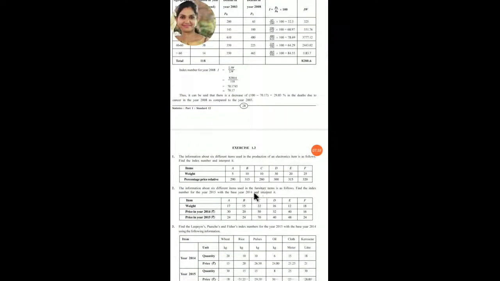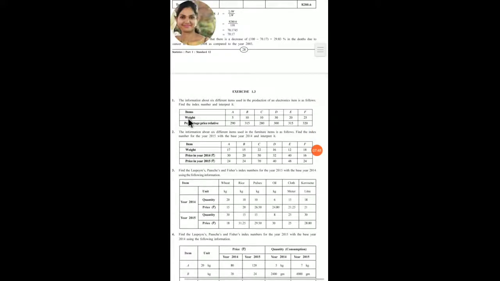Okay guys, understood? Nothing is new, you just have to prepare one additional column. The name of that column is IW, and do the summation of that column and the summation of the W column, right? Now let's see the second question. The second question is also related to the weighted average method. We complete the first and second questions first and then I will explain the next method.